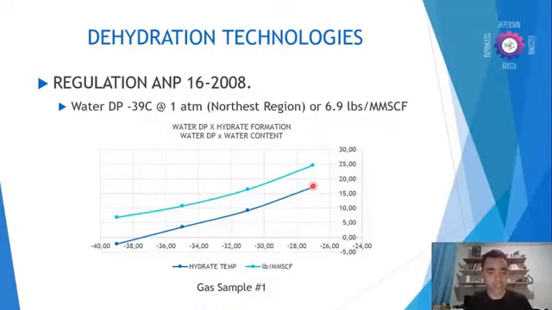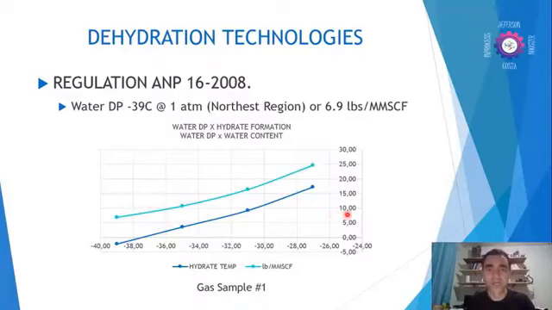So just to clarify better, taking into account that I need minus 39 Celsius degrees, and we are talking about this abscissa here. Here I have minus 39. It means that at minus 39, if I use the light blue line, I have around 7 pounds of water